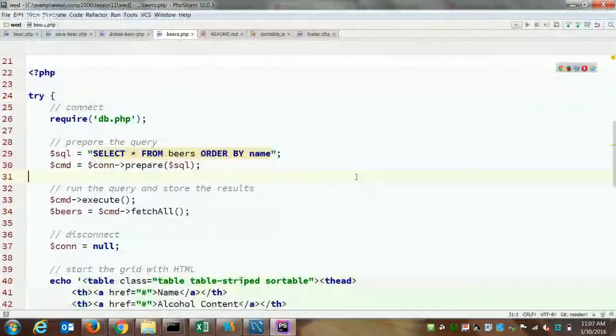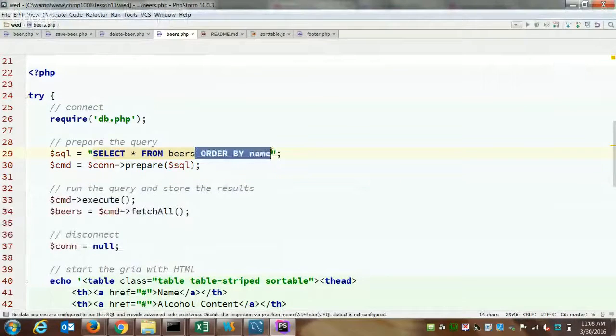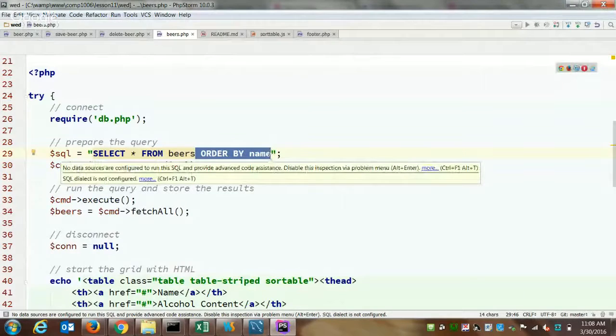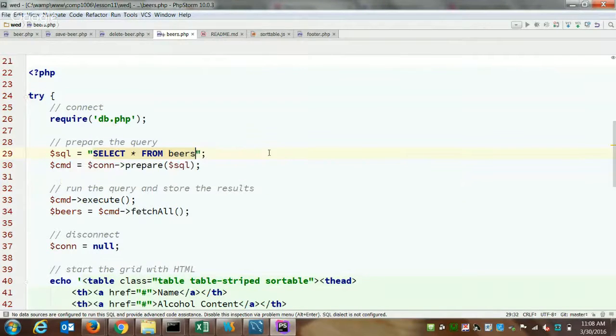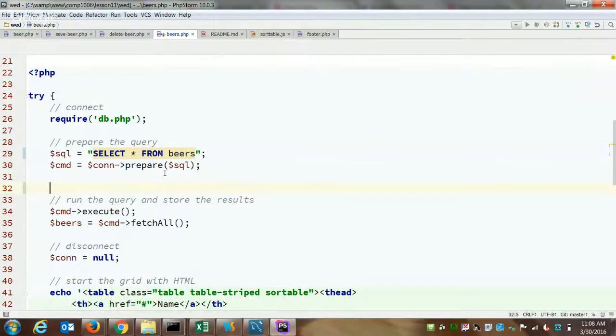So I'm going to go to my page, and first thing I'm going to do is go to my order by clause. I'm going to cut this out to my clipboard. We need to move it out of here because the order by has to go at the end after we build on our where clause. So we'll start with our basic SQL that just says select star from beers. And then we'll add the order by